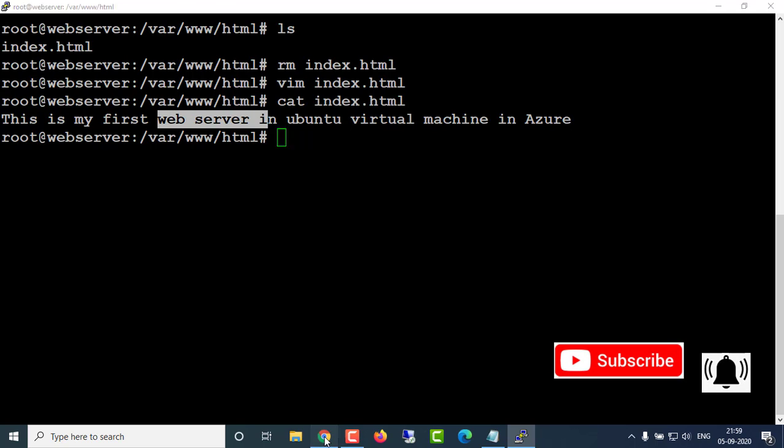So you can customize it like this. If you know about HTML, how to modify the files and how to create a new web page, you can do that also. You can configure your web server according to your needs. If you are familiar with coding languages, you can configure it any way you like. So my focus today is how to configure a web server in a Linux virtual machine in the Azure portal, and how to allow port 80 in your virtual machine's security group. I hope you get more ideas about how to configure it.